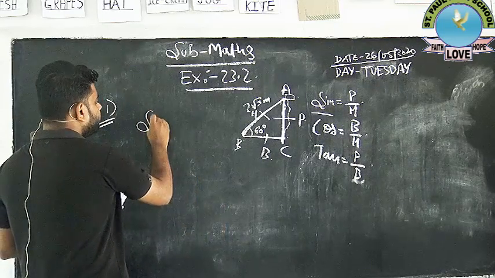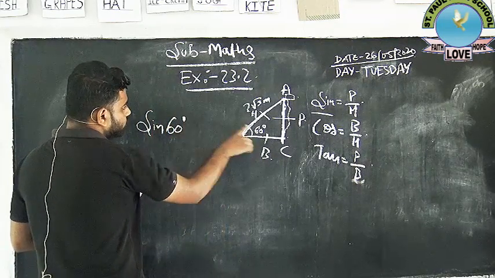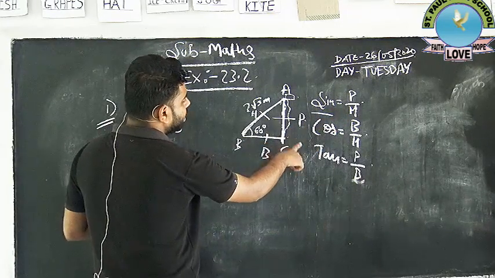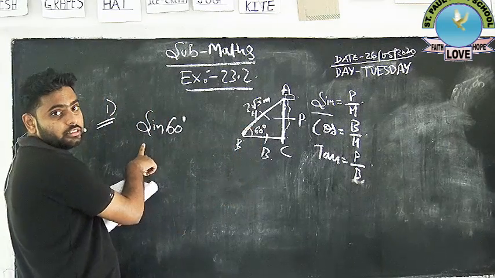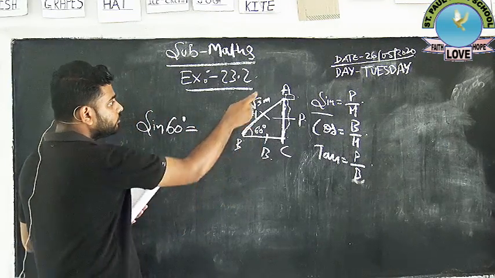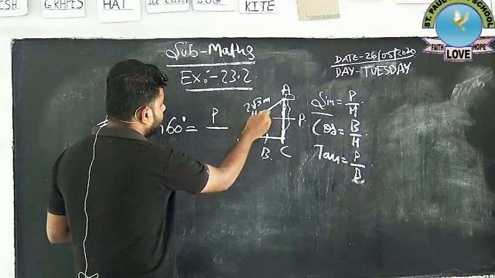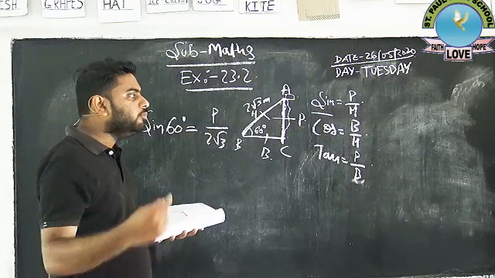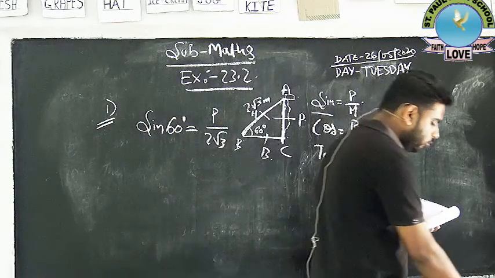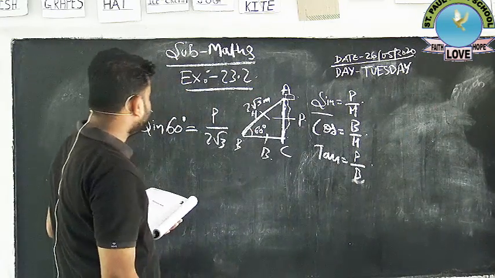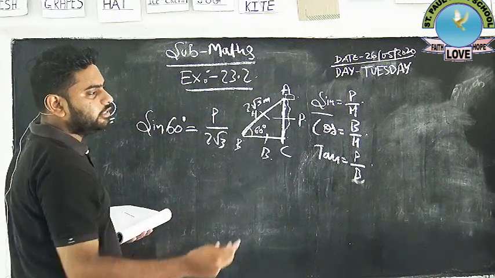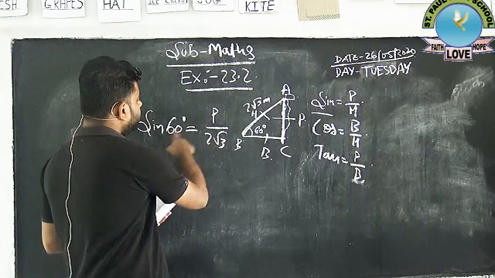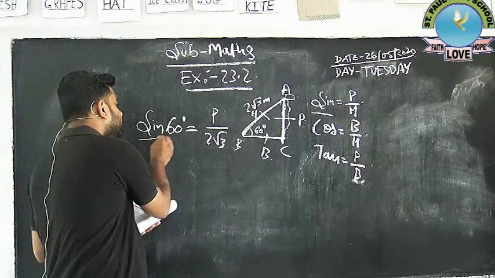So we can apply sine 60 degree, because 60 degree is there and from sine we can calculate perpendicular and hypotenuse. We don't know perpendicular but we know hypotenuse, that's why I am applying sine. Perpendicular we have to calculate, and hypotenuse here is 2√3. Now the sine 60 degree value we must know. We cannot find two unknowns, because in maths if two things are known we can find the third one, but we cannot find two unknowns. But we know sine 60 degree.